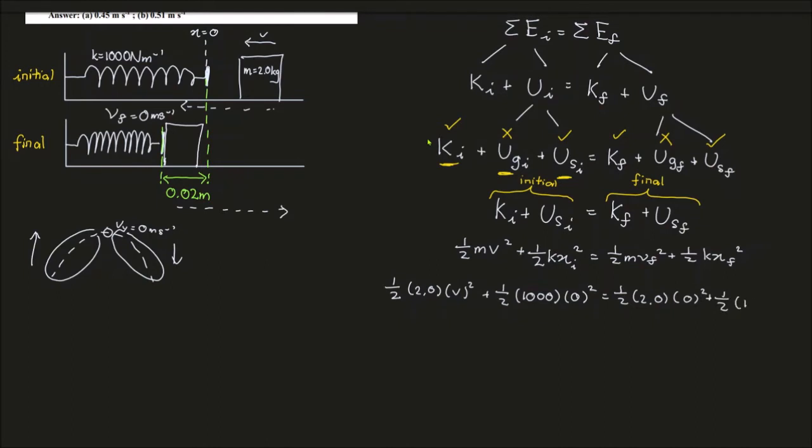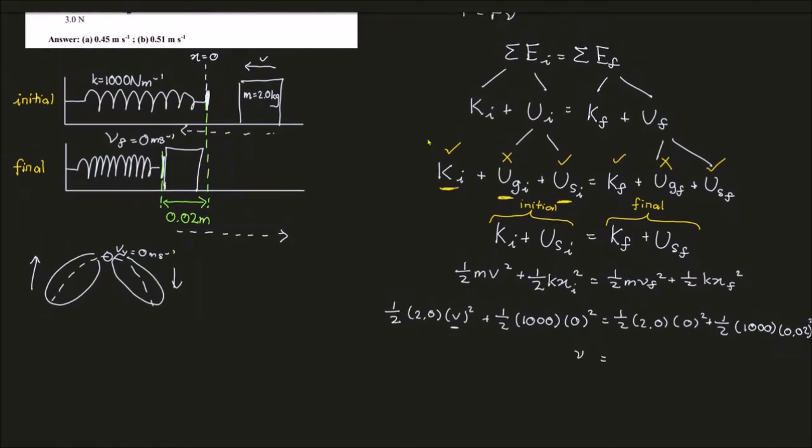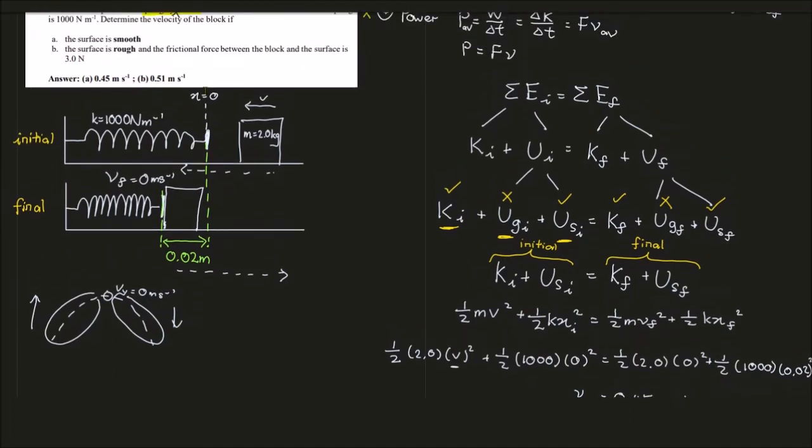Half thousand, what is the final compression? That is 0.02 meter squared. Okay, so now if you use a calculator to solve for V, you end up with the answer of 0.45 meter per second. It's just calculation using a calculator. So we have successfully solved question A, where they ask for when the surface is smooth,